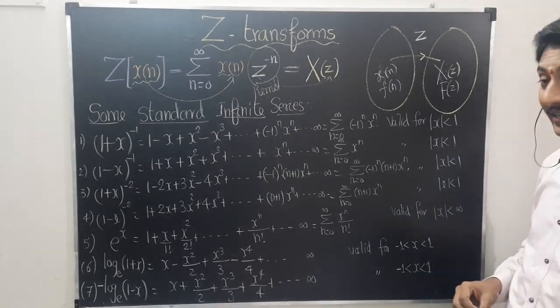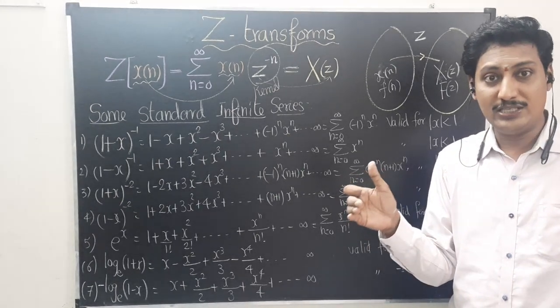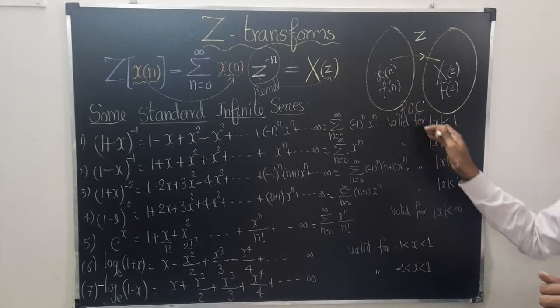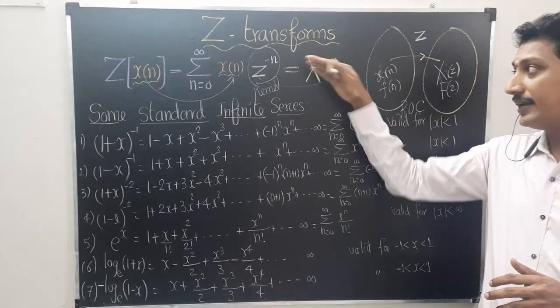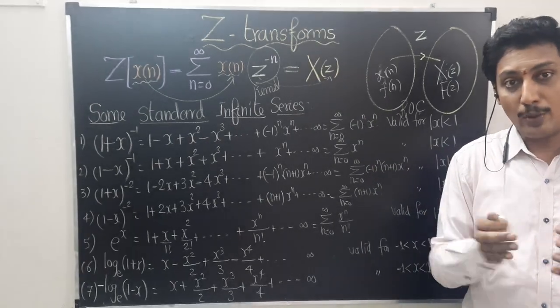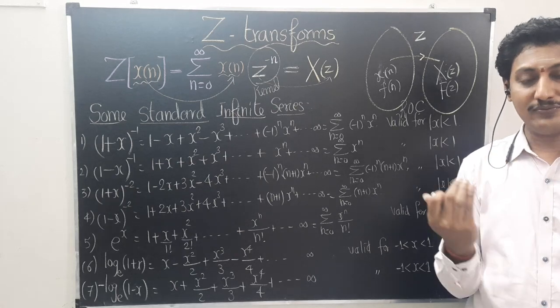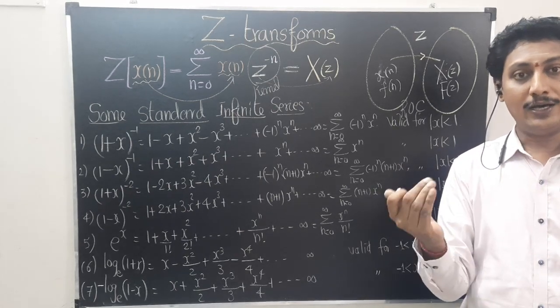But here it is called the validity, which means the region of convergence. It is often called the validity of the expansion. In the Z transform, as I told you, this is only for communication systems. When we are using signals, what is the coverage of the system? What is the coverage of the signals?